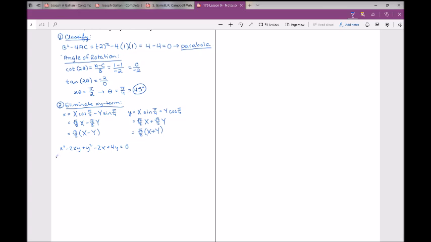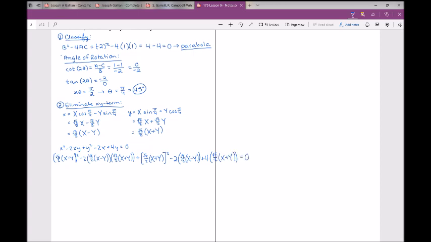We have square root of 2 over 2 times (X minus Y), quantity squared, minus 2 times square root of 2 over 2 times (X minus Y) times square root of 2 over 2 times (X plus Y), plus y squared, which is square root of 2 over 2 times (X plus Y), quantity squared, minus 2 times square root of 2 over 2 times (X minus Y), plus 4 times square root of 2 over 2 times (X plus Y),